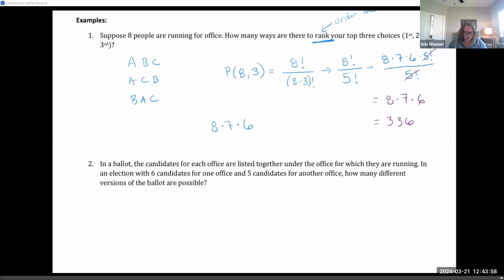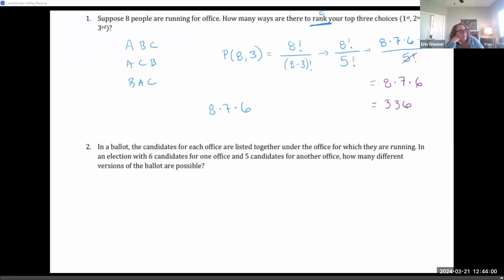In number 2, it says in a ballot, the candidates for each office are listed together under the office for which they're running. In an election, 6 candidates for one office and 5 candidates for another office. How many different versions of the ballot are possible? So in this situation,